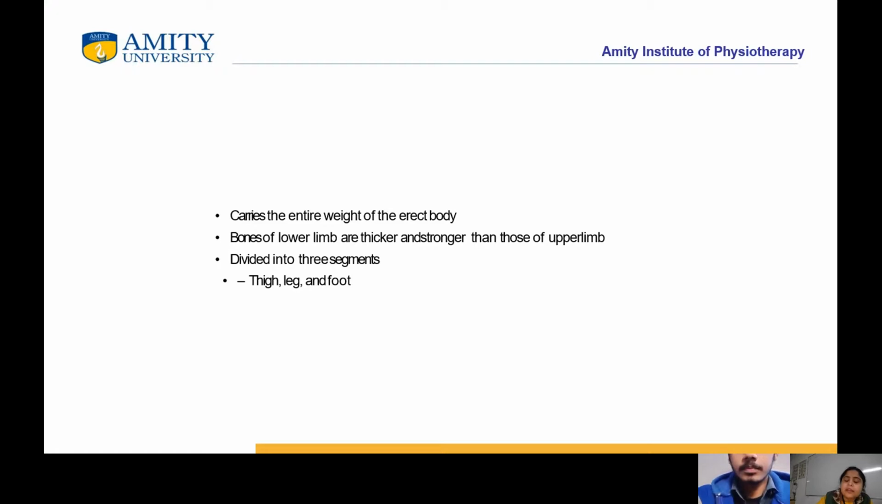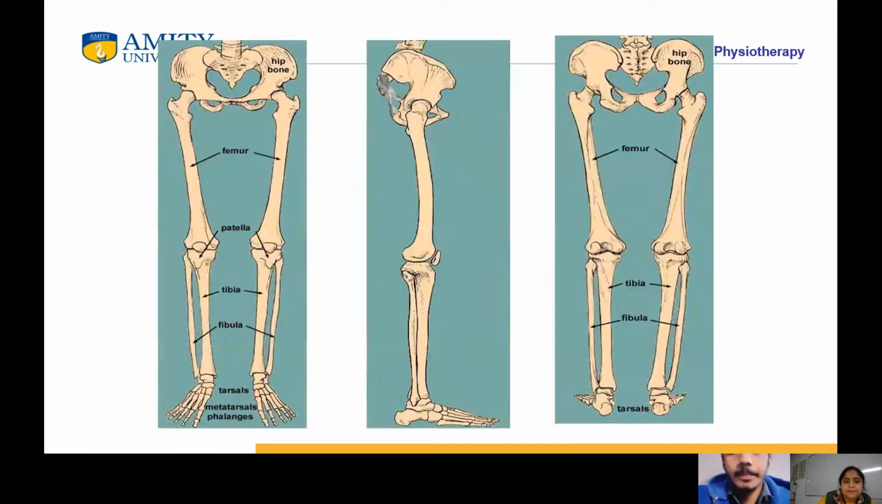It carries the entire weight of the erect body, and the bones of the lower limb are thicker and stronger than those of the upper limb. They are divided into three segments, that is thigh, leg and foot. So here, as you can see,